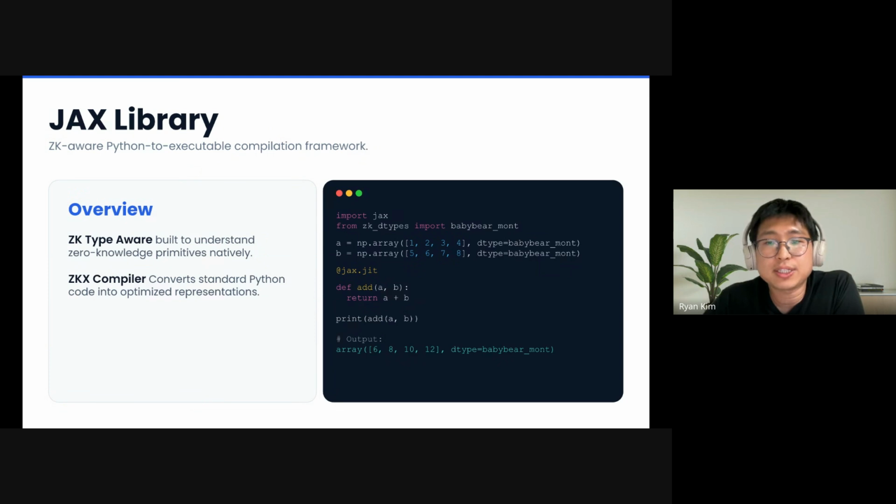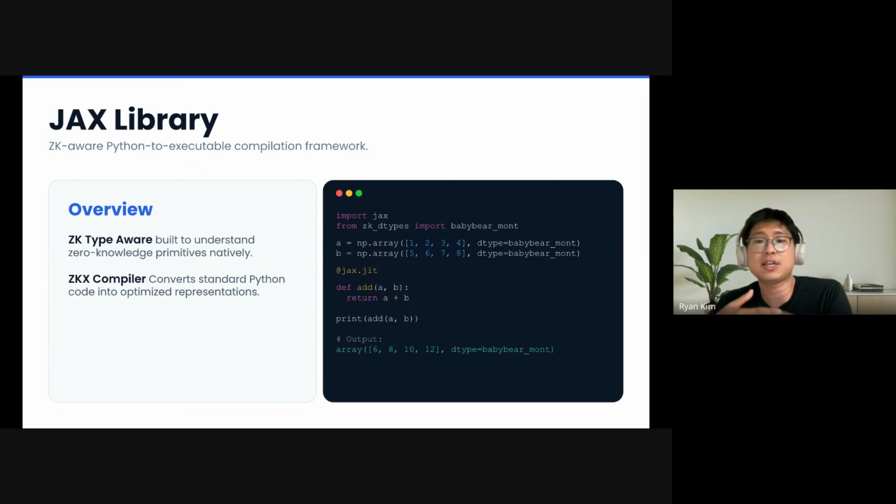JAX traces through the function and produces a typed dataflow graph internally, a jaxpr, where every node is a primitive operation and every edge carries shape and dtypes. And that jaxpr is the contract. Once JAX has it, the function's shape is fixed statically. No Python anymore, just the graph of typed operations on typed arrays.